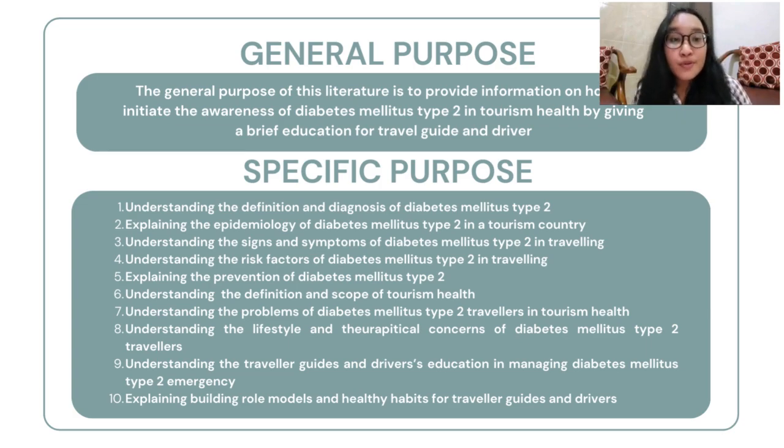Next is about the purpose, including the general purpose and the specific purpose. The general purpose is to provide information on how to initiate the awareness of diabetes mellitus type 2 in tourism health by giving a brief education for travel guide and driver. The specific purpose is to give the understanding of the definitions and diagnosis of diabetes mellitus type 2, explaining the epidemiology of diabetes mellitus type 2 in tourism country,